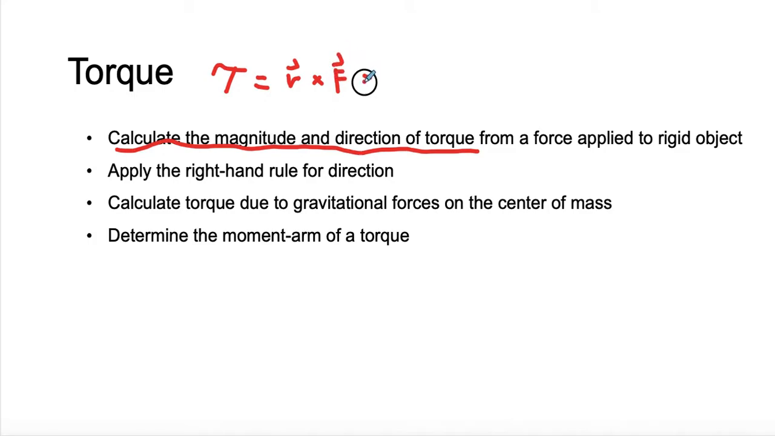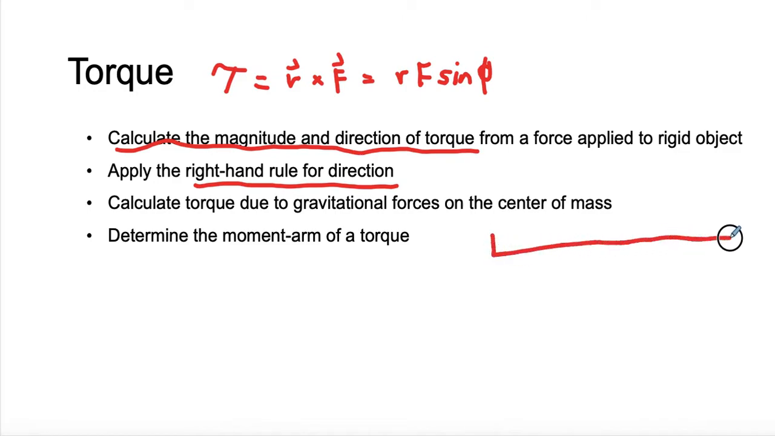If you do the cross product correctly, you will get your distance r, your moment arm r, times the force times the sine of the angle in between them. And that is going to give you your torque. The direction of that torque, you would need to apply the right-hand rule to find what that torque is. If you are in a gravitational system, for example, if you are